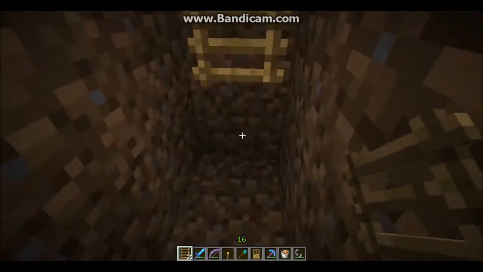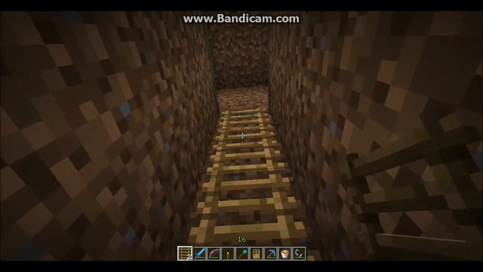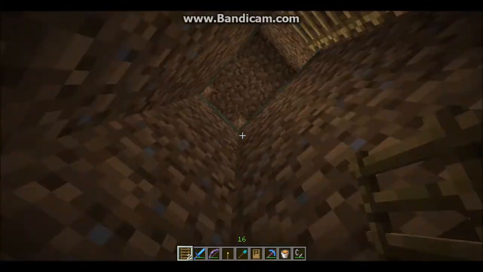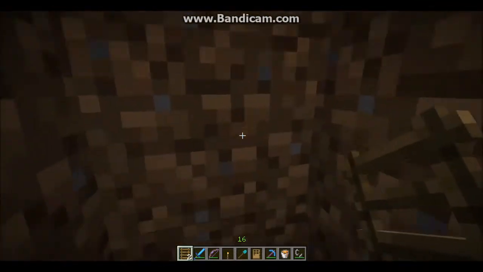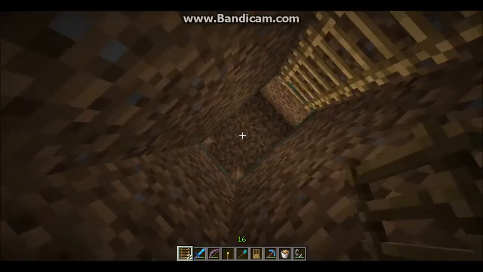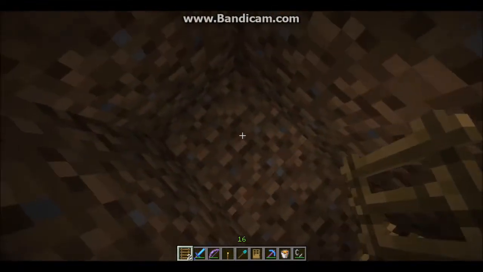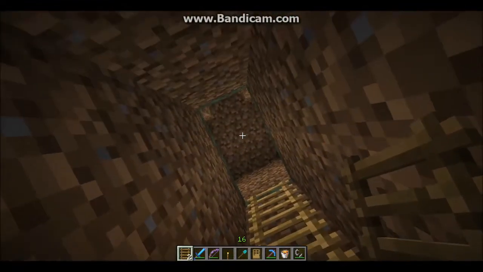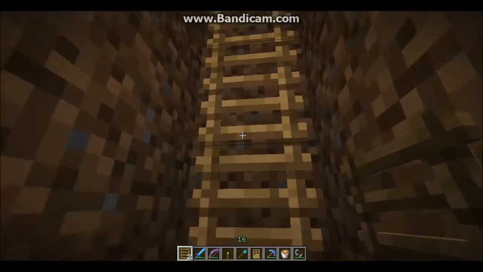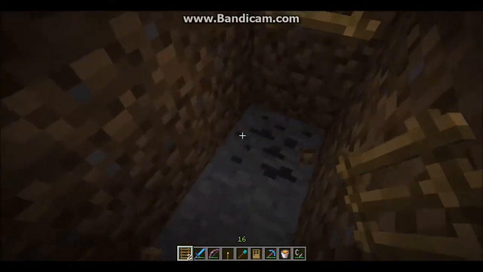Another thing when digging your shaft and going down is that you don't want to just dig straight down and have this big open space, because if you accidentally fall down it, you're going to take a lot of damage and fall all the way down to the bottom of your shaft, and, well, you're basically going to die. So in order to prevent that, what you need to do is every 8 blocks down: 1, 2, 3, 4, 5, 6, 7, 8,